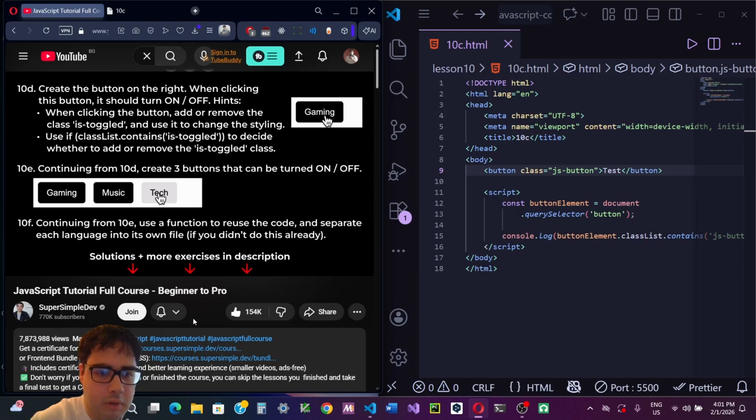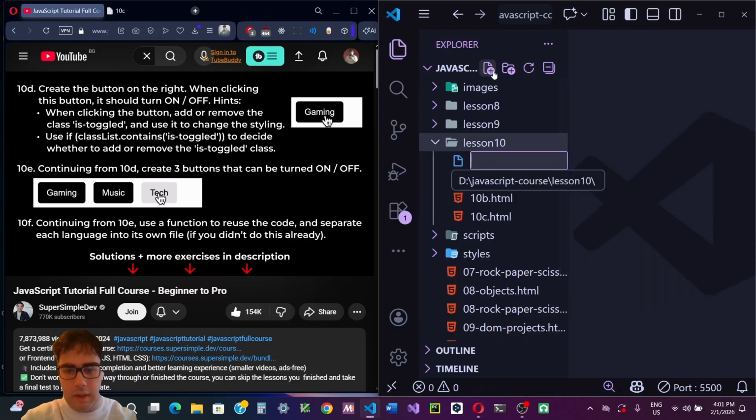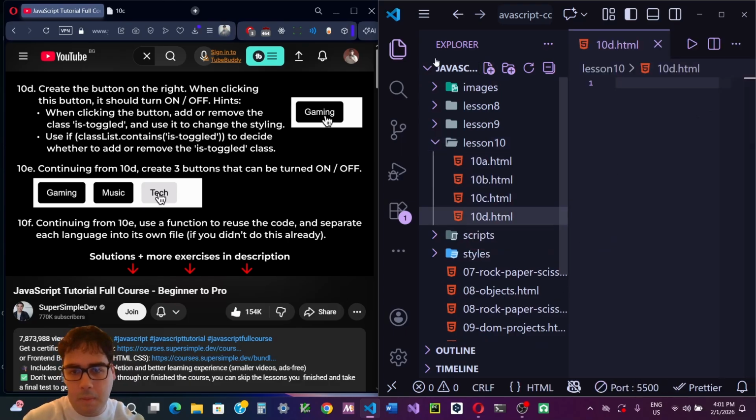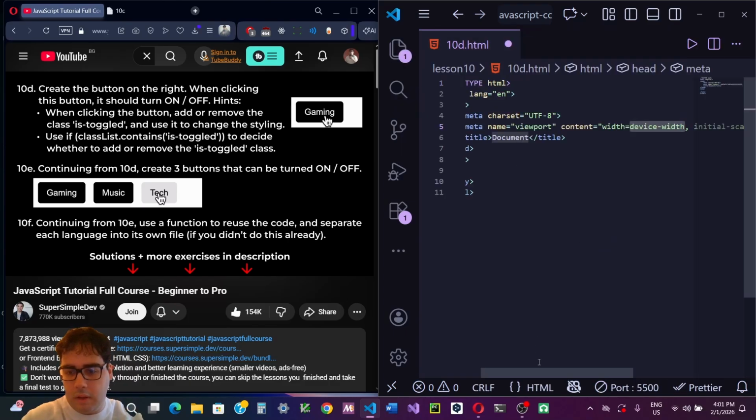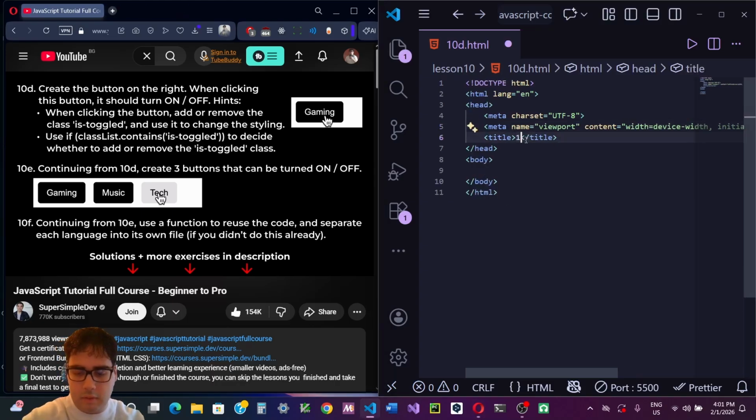Okay, so when clicking the button, either remove the class is toggled and use it to change the styling. Use class list. Use if class list contains toggle to decide whether to add or remove the is toggled class. Okay, so we're gonna do 10d.html, and we're just gonna close this, 10d,